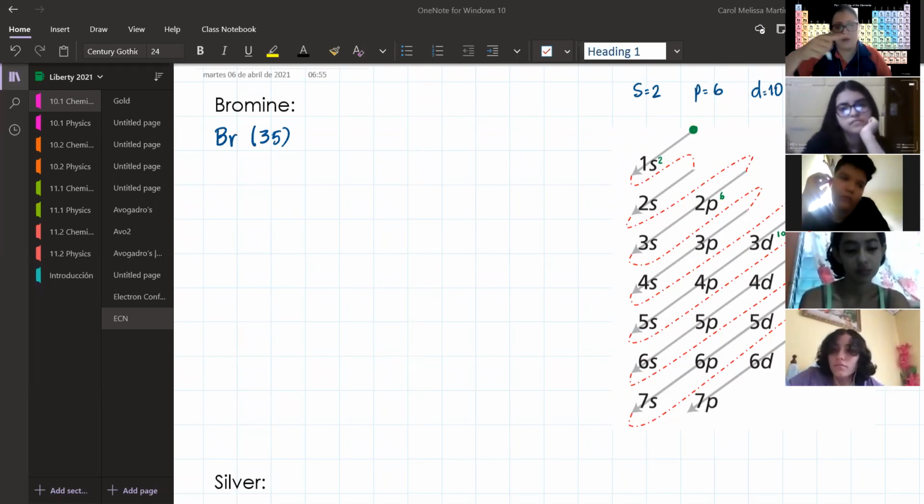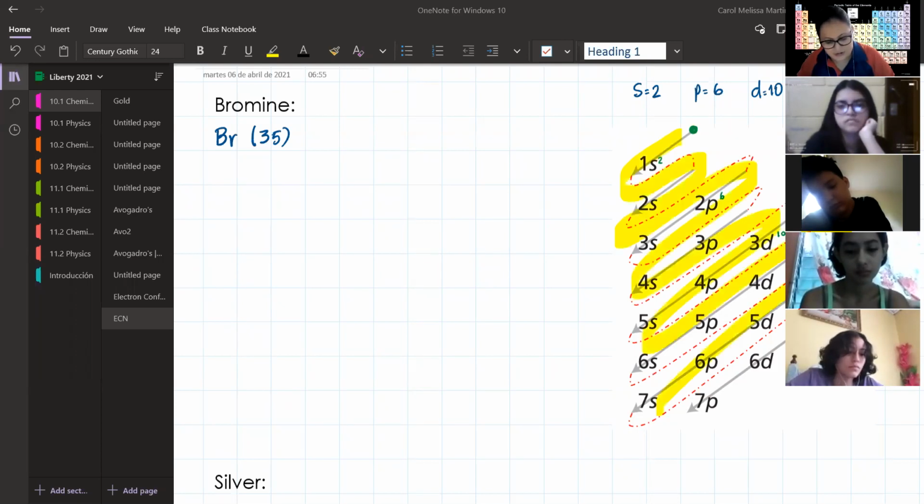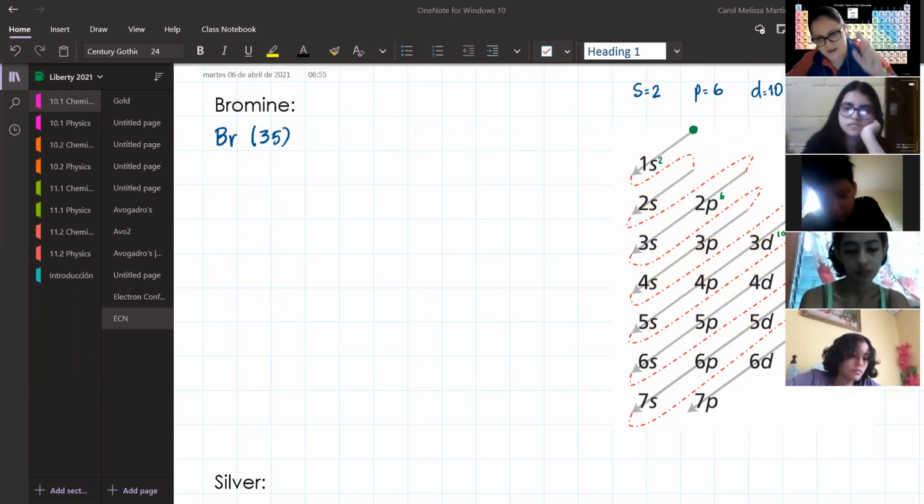We're going to be filling the 35 electrons by following all these paths. Just remember the Christmas tree arrangement. So we say for bromine, the electron configuration will be